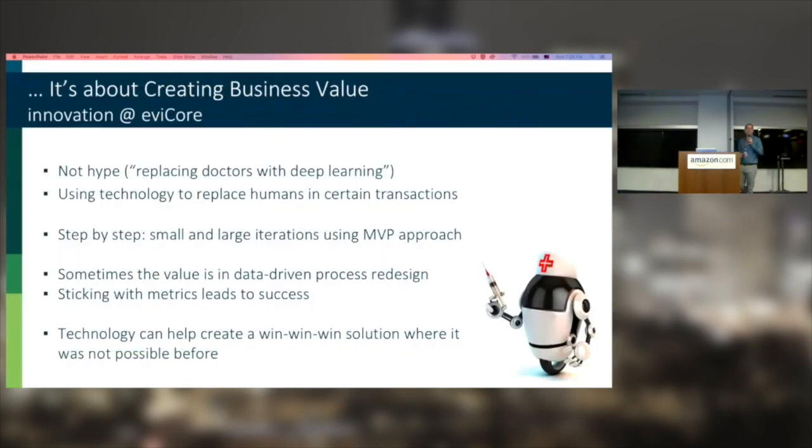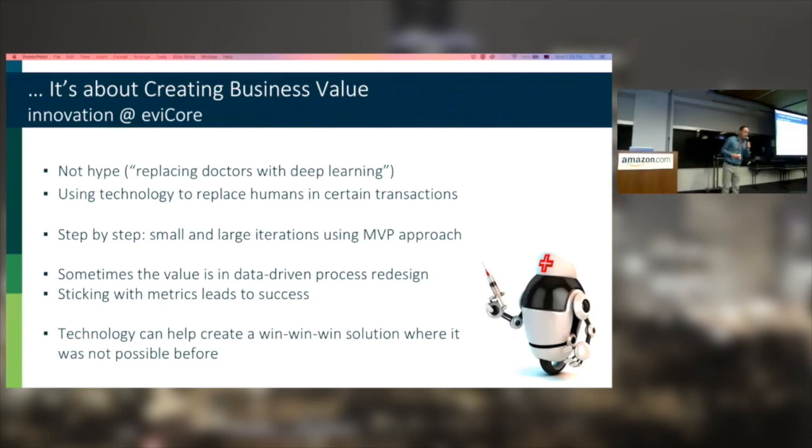Okay, good. So a couple of principles. We are about the business value of machine learning and deep learning in healthcare. At the top of it, everybody is talking a lot about replacing doctors with AI, replacing doctors with technology. We are not pro or against that, but we are trying to focus not on this hype. We realize that there are some things that nurses do in our company, and we'll explain those in a second, that can be much better done by technology. These things we will replace or improve. But we try to stay away as much as we can